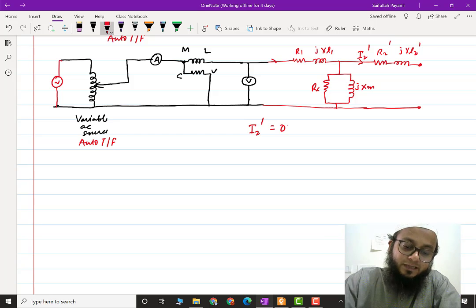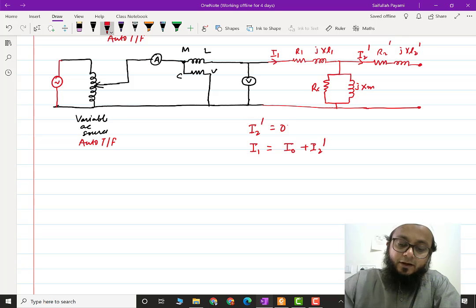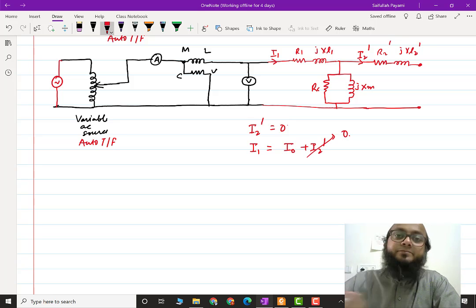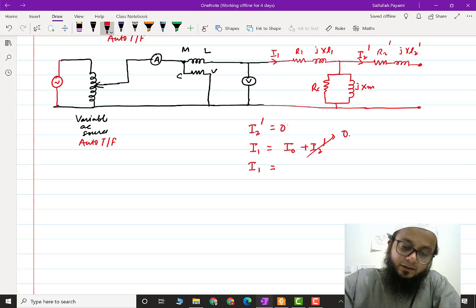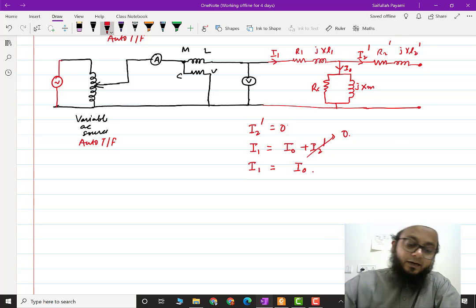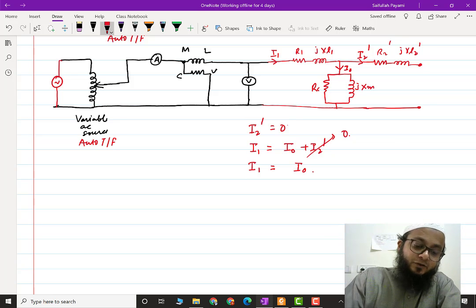So what about this I1? We know that this I1 is equal to I0 plus I2 dash, but this I2 dash is 0. That means I1 is actually I0, right? So this ammeter is reading